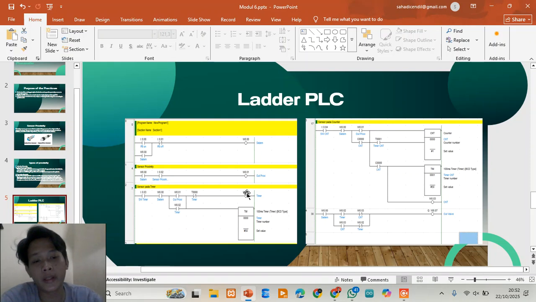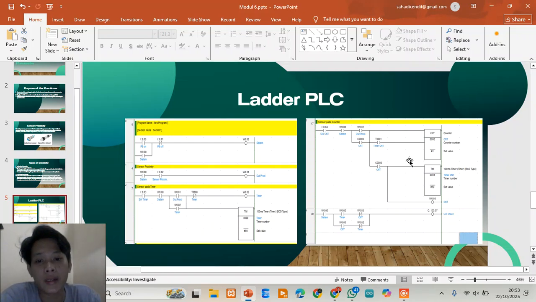The components here are the switch, which we call X000 for the system's main start, and X001, the output from the proximity sensor, and T000, the timer with a preset value of a 5-second delay.